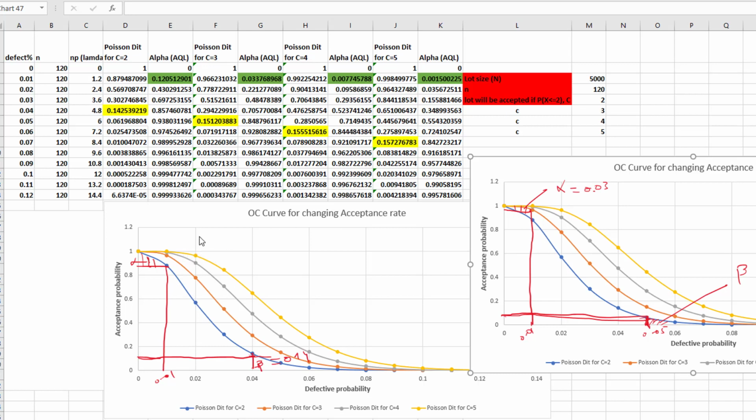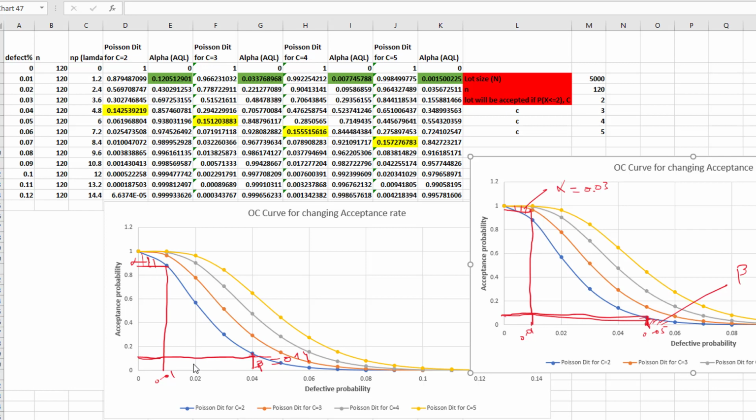So as you know that when you sketch this, now we need to calculate the acceptance quality level, which is also called AQL, and the rejected quality level. You can see this green is the acceptance quality level, and the yellow one is also called consumer risk. We normally denote it with the beta sign, and this is basically the producer risk, which we denote with the alpha.